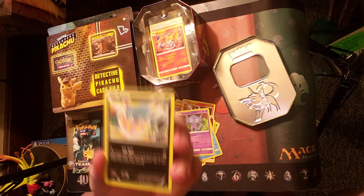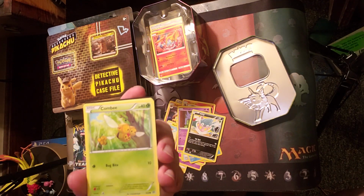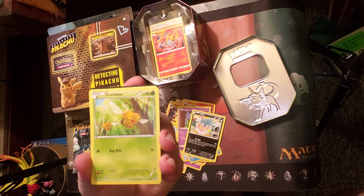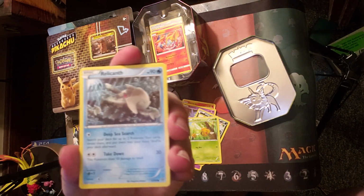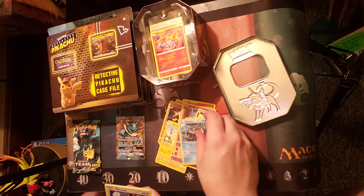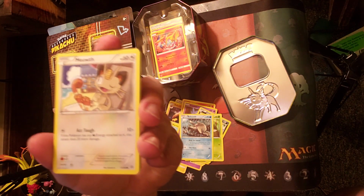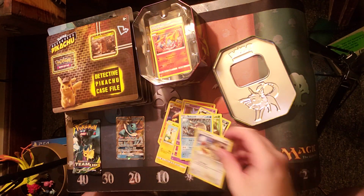So we got Inkay, Inkspit. We got Combi. Combi's just adorable. I like cute Pokemon. I can't help myself. Combi's great. Relicanth. That's cool. Relicanth is a Gen 3 Pokemon. I remember that. Meowth. I like that art. I like the more drawn art style. I know they still do 3D art for some Pokemon. But